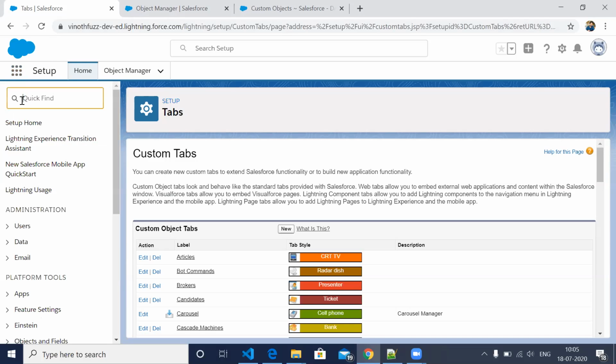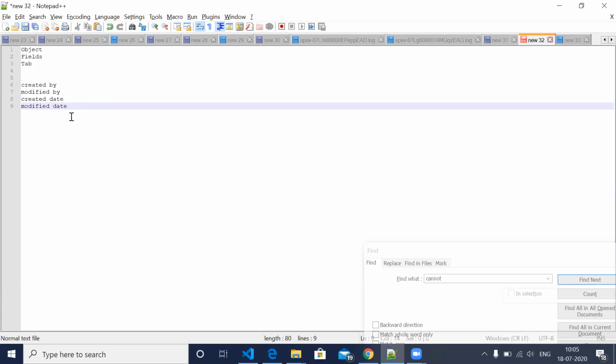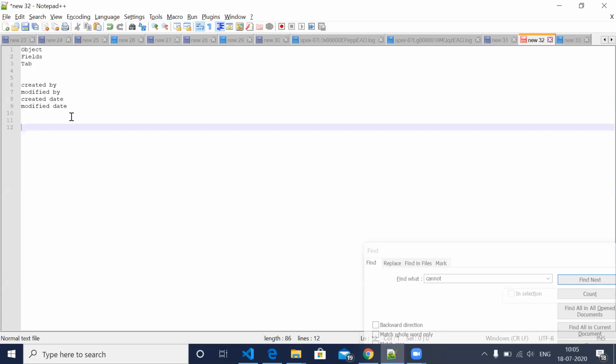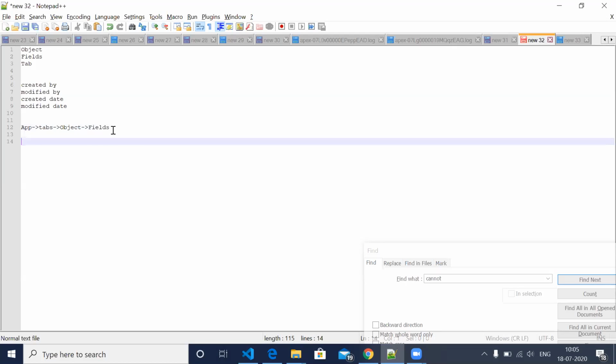Now we created the fields. The hierarchy will be like this: we have an application, inside the application we will have tabs, inside tabs we will have objects, and inside an object we will have fields.